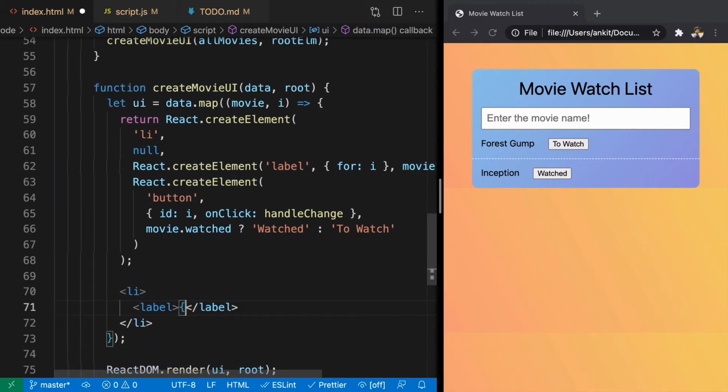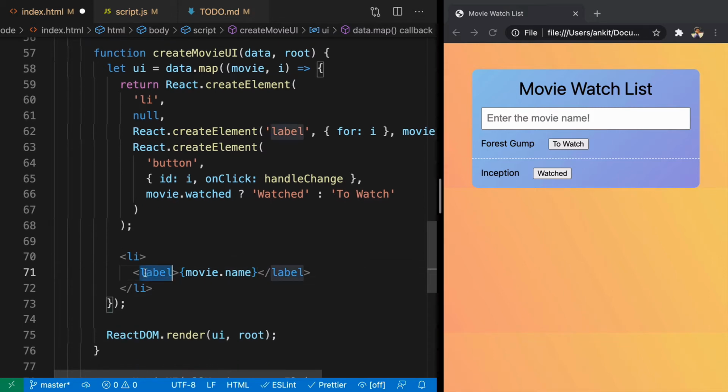Whenever you're using any kind of variable or value that can be computed, you have to put it into curly brackets when you're using JSX. So we did label. Here the value should come from movie.name, and we also need to pass a parameter for. But whenever you write for in JSX, it should be htmlFor, and the value of that is coming from